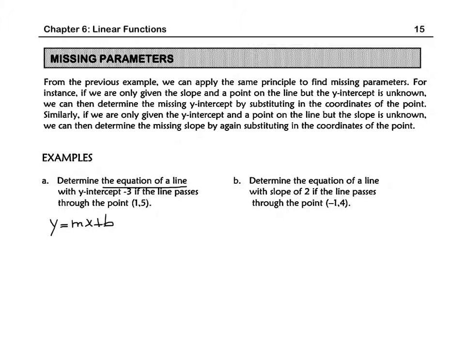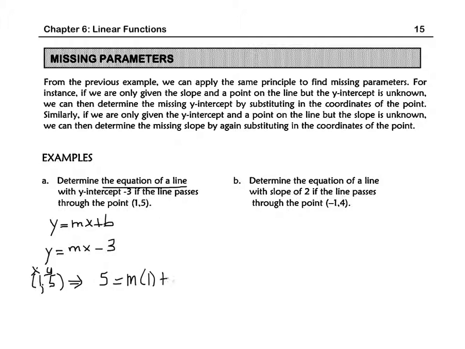And it says the y-intercept is negative 3. So right away, we can fill in the b value to be negative 3. But we don't know the slope. Instead, though, we are given a point that the line passes through. So if the line passes through a point, that means that when I sub those coordinates in for x and y, as we saw on the last page, that should make a true statement. So we just plug in first. We're going to replace the y-intercept with the negative 3, and then we're going to use the coordinates of 1 and 5, 1 being our x and 5 being our y, and that's going to give us 5 equals m